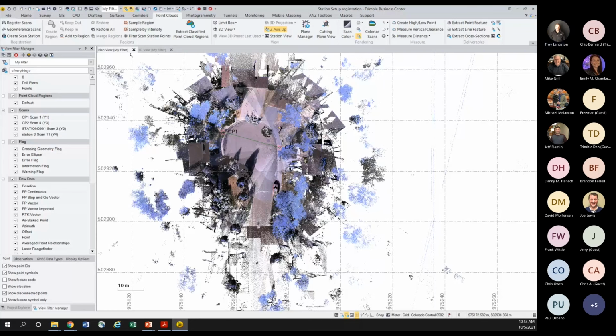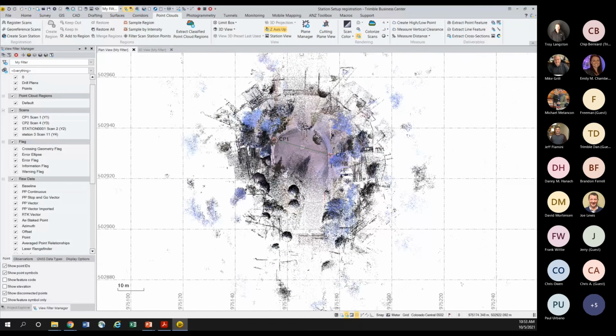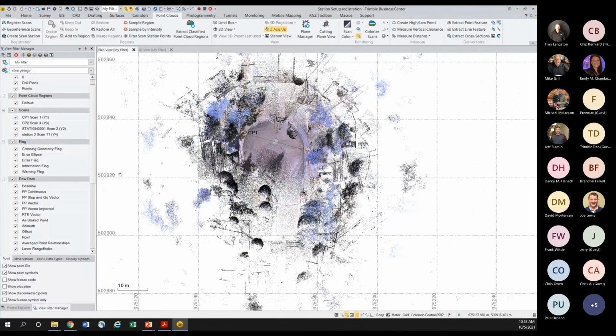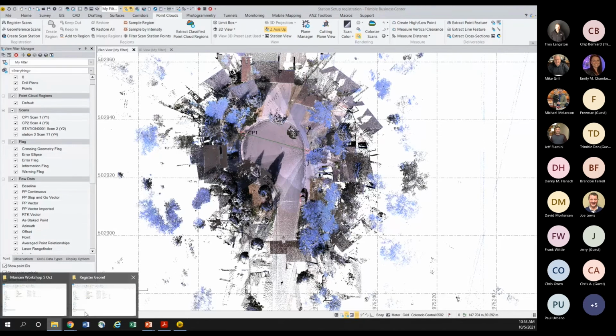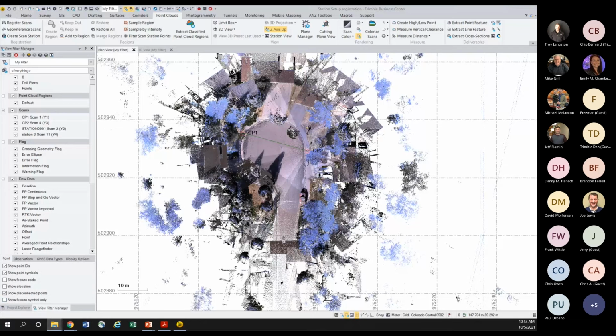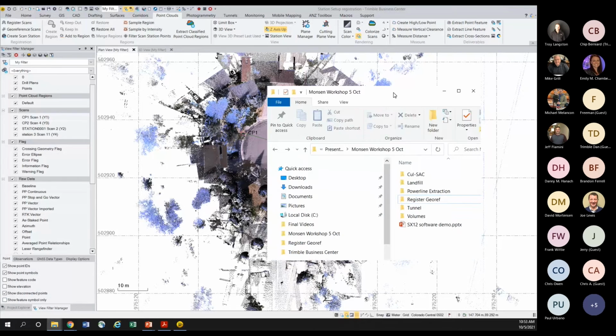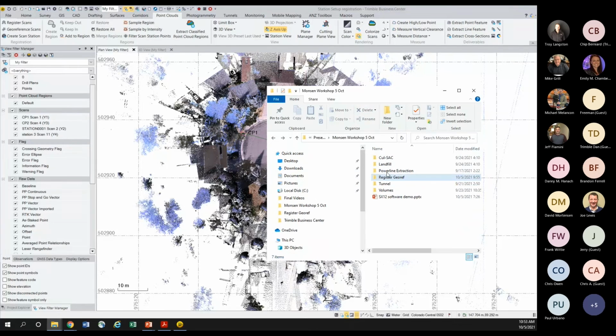Okay, all right. So right here, we see some scans, and basically, let me see if I got this. If I was to just bring this over here, this is how to get these scans into Business Center from Trimble Access,